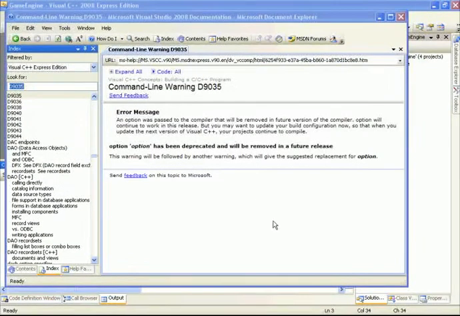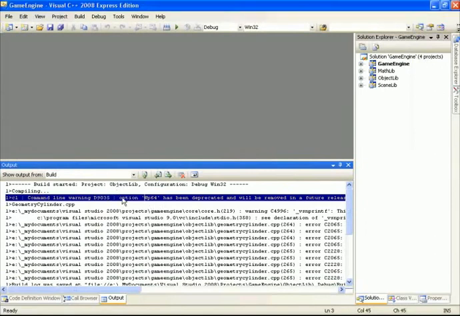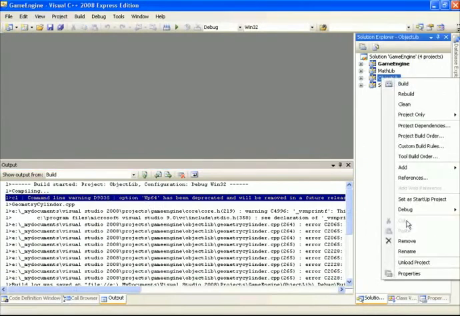Okay, it says that this specific option has been deprecated and it's going to be removed. Well, let's see if we can remove it from our compiling so that we don't actually need to compile with this flag. This error is coming from the object lib, so select object lib, go into properties,